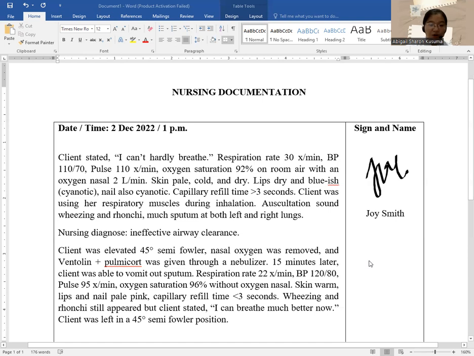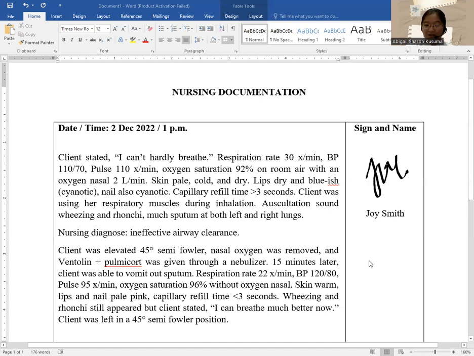The respiration rate decreased to 22 times per minute. The blood pressure became 120 over 80, which is normal. The pulse became 95 times per minute, which is normal. Oxygen saturation became 96 percent without nasal oxygen, which is great, which is normal. And the skin is getting warm, lips and nails pale pink, which is better, and the capillary refill time is less